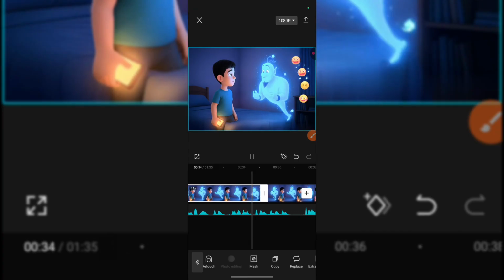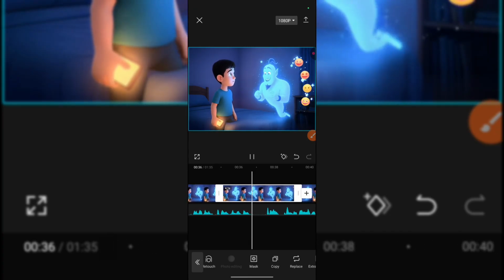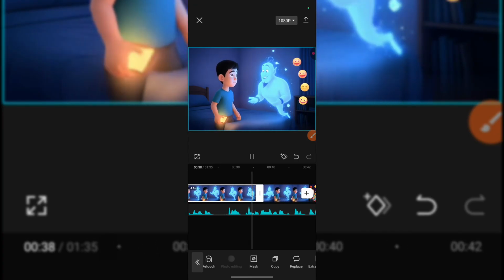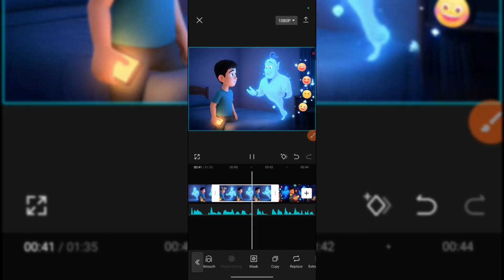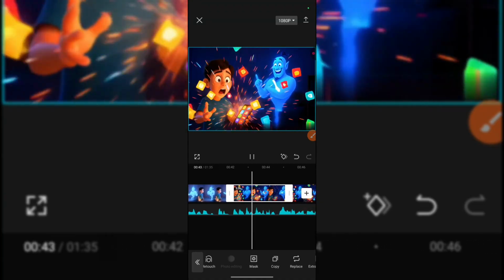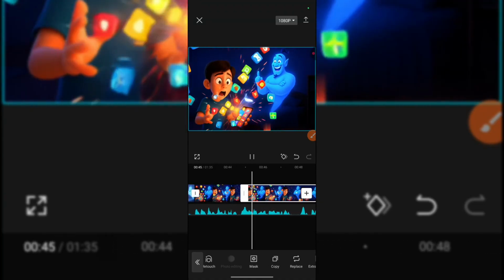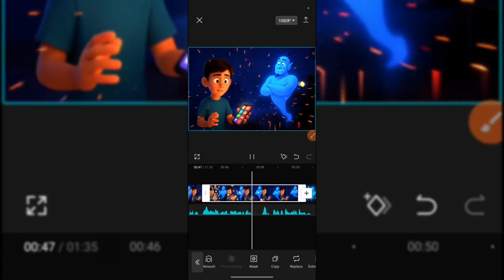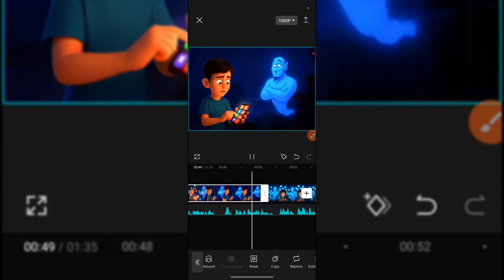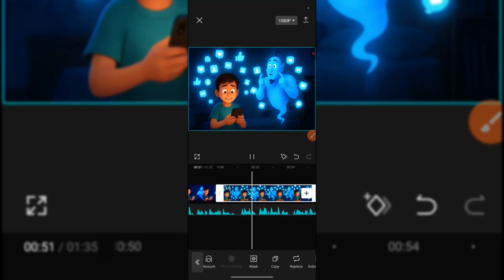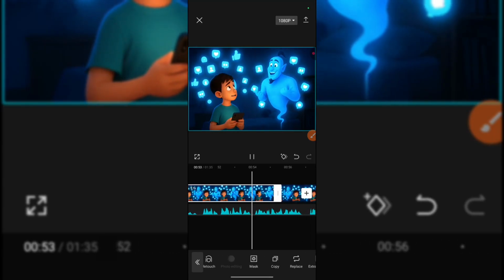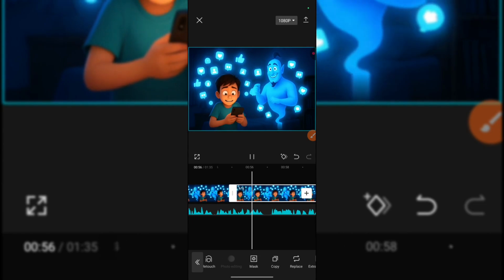I grant wishes, but only if you put your values through getting the phone. Excited, Tayu wished for a mountain of games. Instantly, his phone overflowed with apps, so many that it lagged and nearly exploded. Next, he wished for unlimited followers. Within seconds, his notifications went wild, strangers from across the world chanting his name.